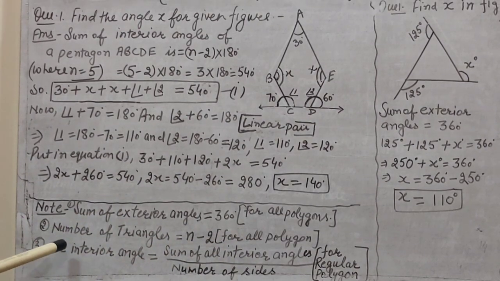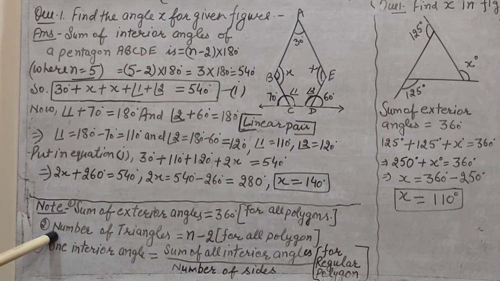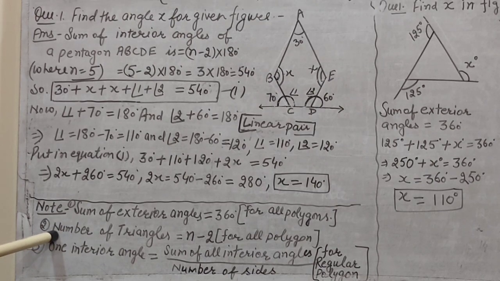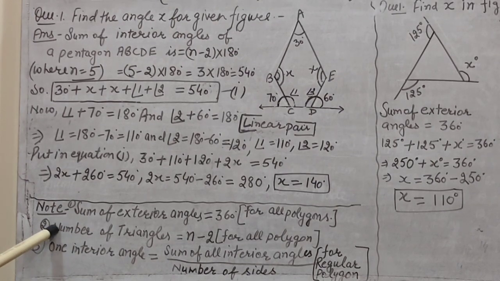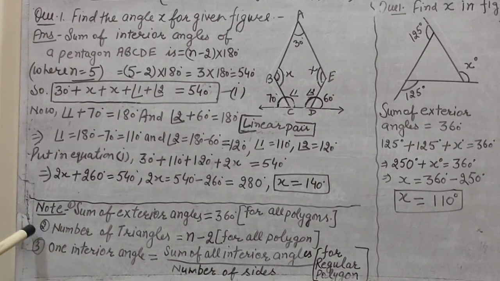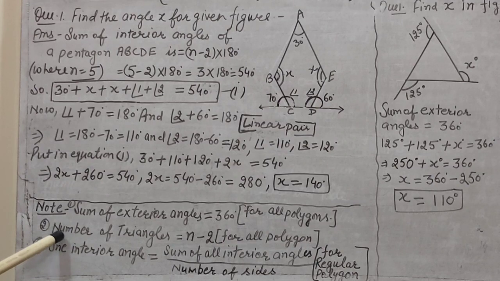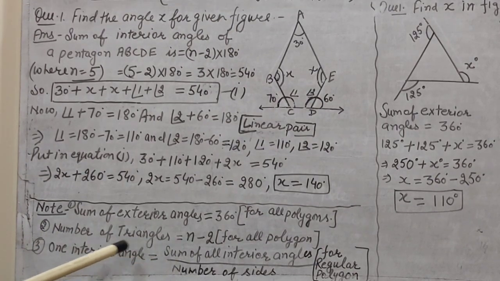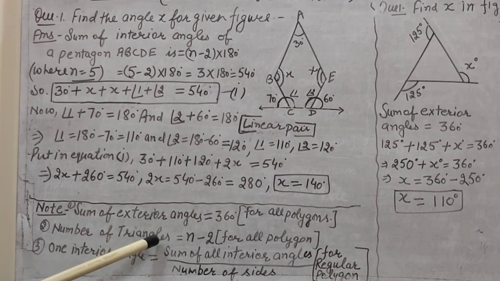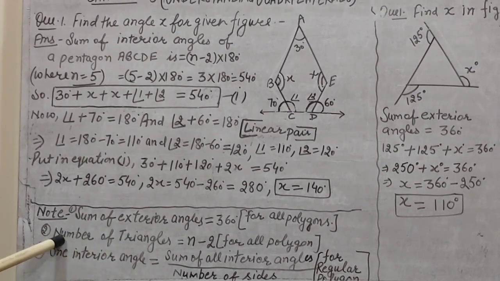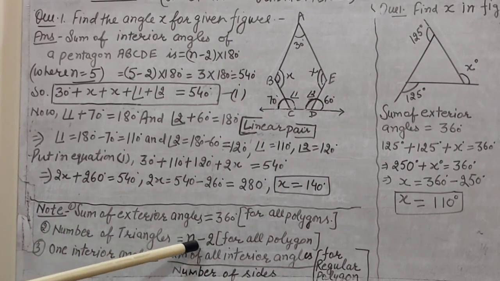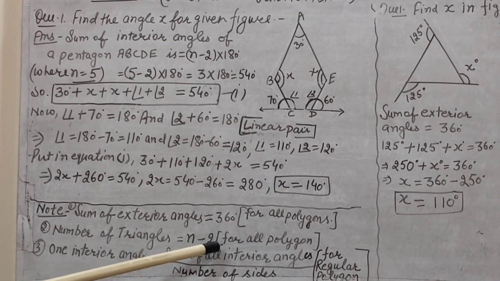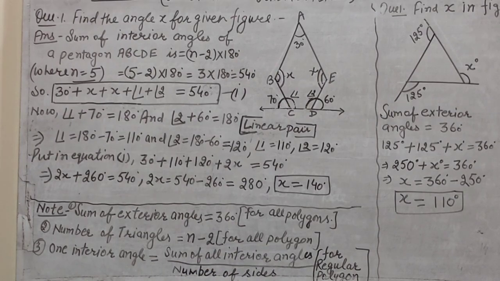Next, second, you must remember, if you want to find out number of triangles in a polygon. The triangle is the smallest polygon and we can divide other polygons, that is start from quadrilateral to pentagon to hexagon, heptagon. We can divide all the other polygons into triangles. So how many triangles are present in any polygon, we can find out with the help of formula n minus 2. This is applicable for all the polygon.